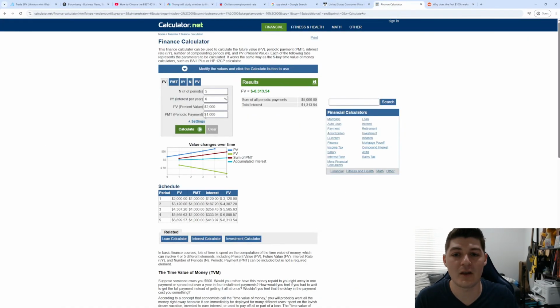Because the big differentiator here is going to be whether you can save $500 or $1,000 a year or $2,000 a year or $5,000 a year, not whether or not you can make 6% per year in interest or 12% or anything like that. So that was an important point that I wanted to bring up that someone asked about this week. I know it's not intuitive.